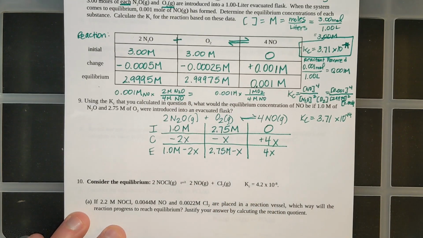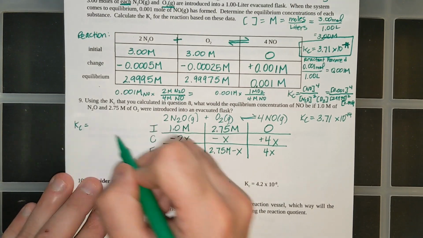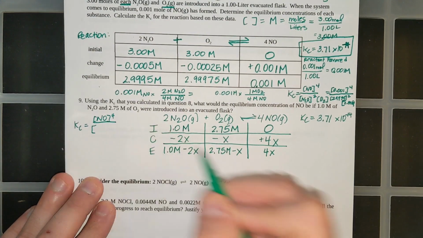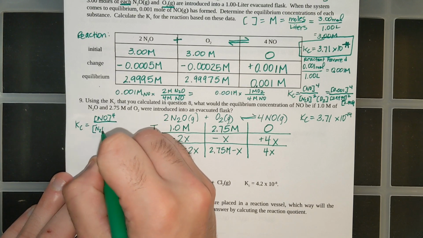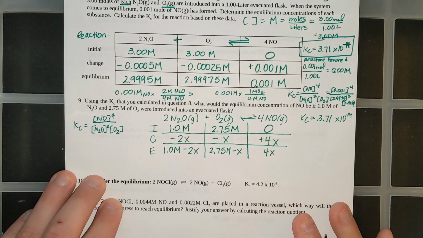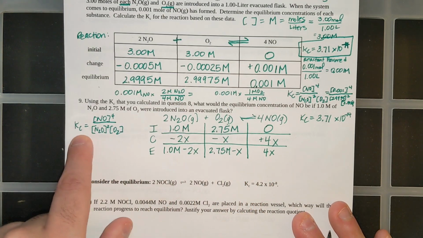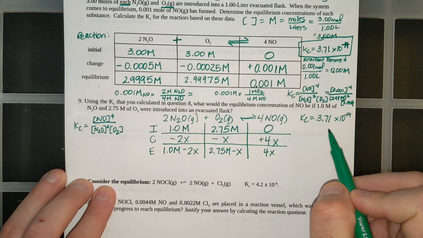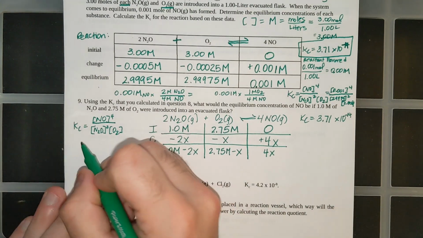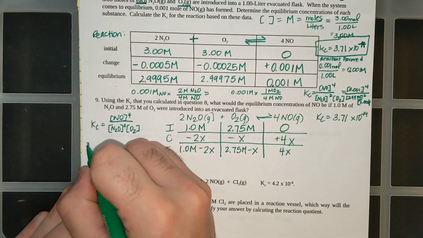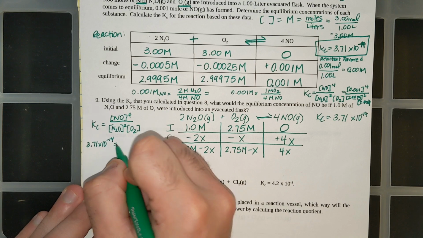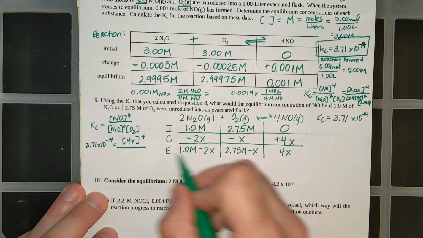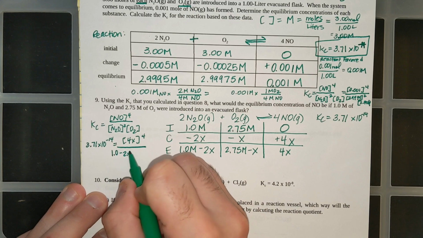And just to remind you of the Kc expression, I wrote it up here in the previous question, but it wasn't big enough: NO to the 4th all over N2O squared times O2. Now all I do is plug these values into the equilibrium constant, with the value of x. I already have the Kc. It's a very small number, and we're going to use that idea. So I'm going to write it over here all together: 3.71 times 10 to the minus 14th equals 4x to the 4th all over 1 minus 2x,